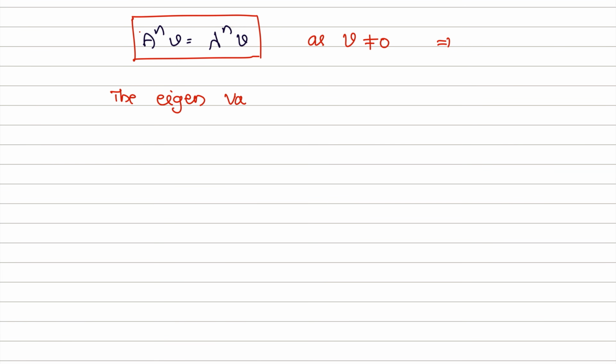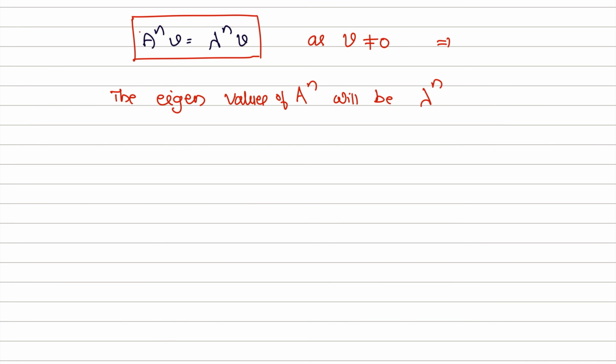The eigenvalues of the given matrix for different vectors will be, because it is a 2 by 2 matrix, we can say the eigenvalues of A to the power of n will be